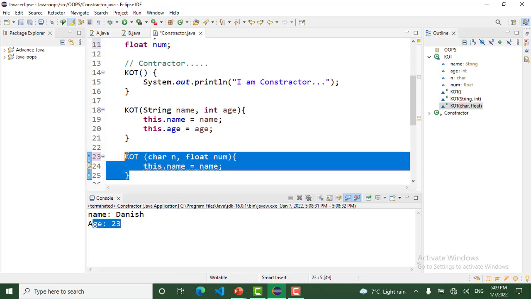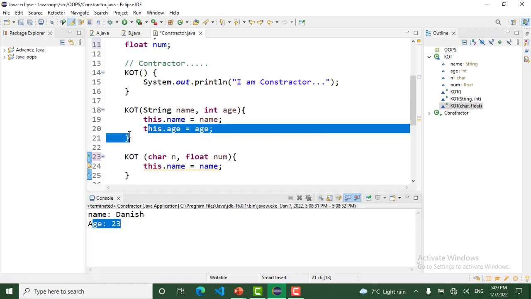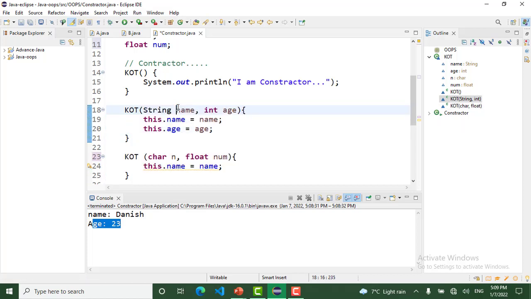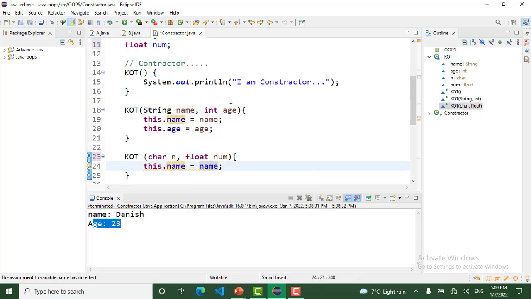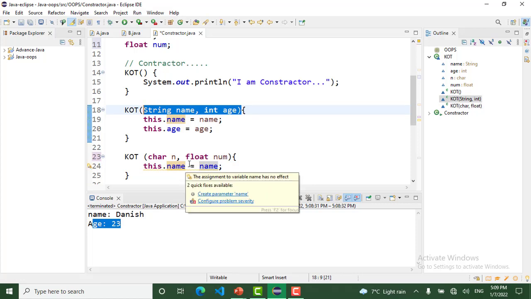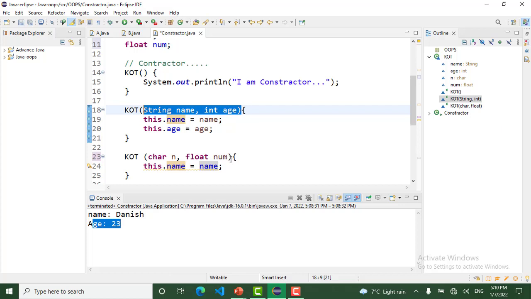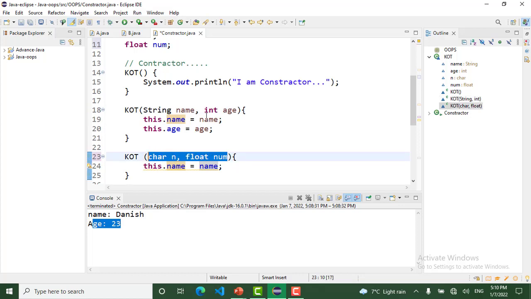This is our parameterized constructor, and this is also our parameterized constructor. This constructor has two arguments, and this constructor also has two arguments, but the type of argument is different.